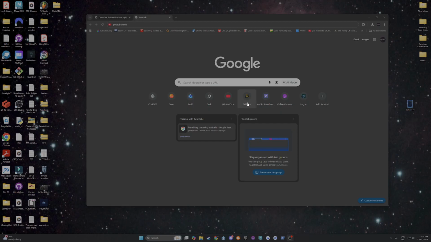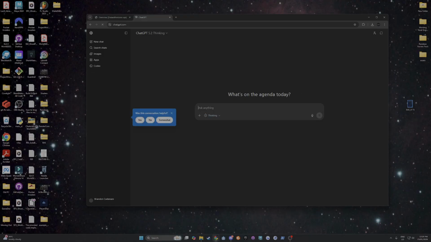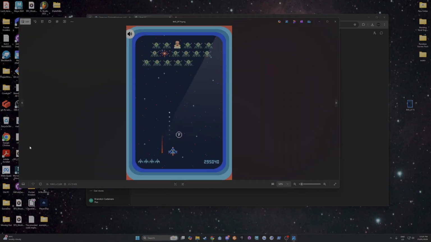Alright, so what we're going to do is Space Invaders, and what I'm going to do exactly is, this picture here is from a Telstra ad, and it was kind of like Space Invaders. I thought it was really cool, so I'm going to try and replicate this as just a basic functioning game, using nothing but PowerShell, so no third-party tools. The only tools that I really use are